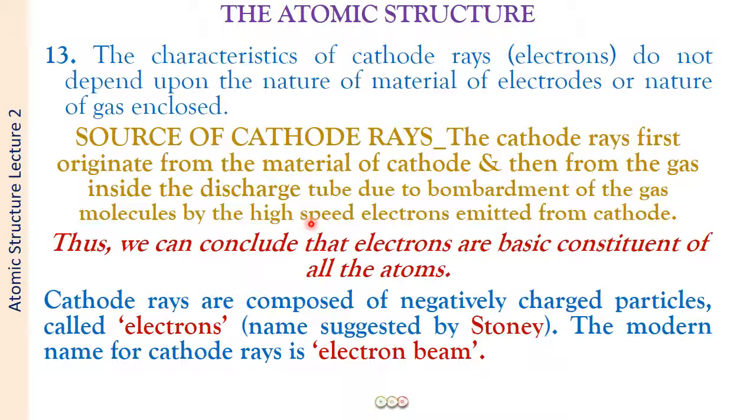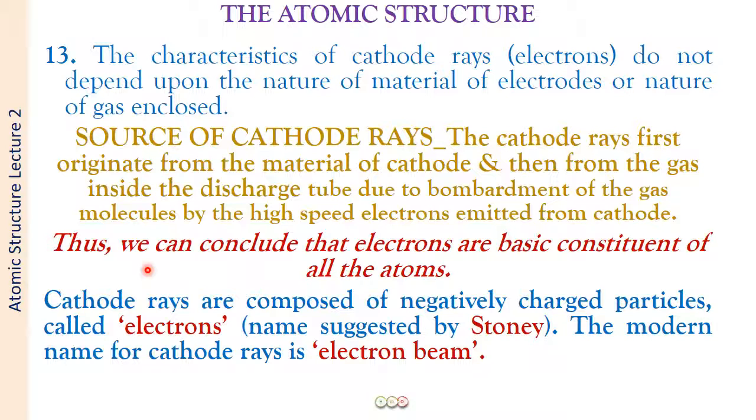And since the cathode rays or the electrons had the same characteristics irrespective of the nature of the material of the electrode or the gas, we can conclude that the electrons are the basic constituents of all atoms. And now, having discussed all things, what are the two most important properties of cathode